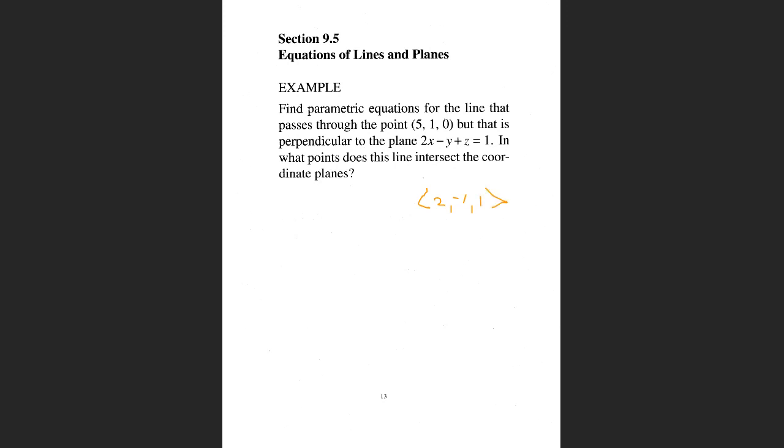The 2, -1, and 1 are the components of a normal vector to the plane. So the vector (2, -1, 1) is normal, or perpendicular, to our plane